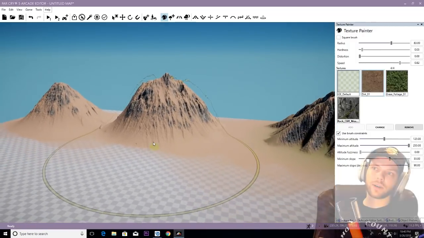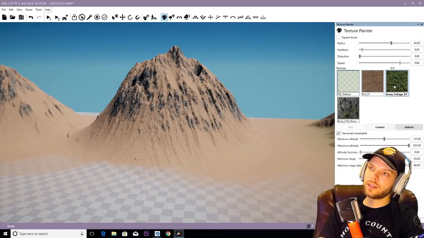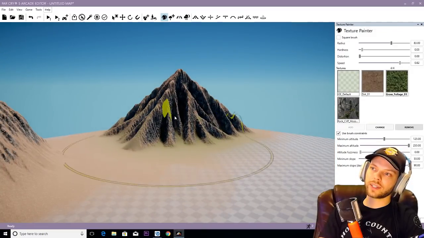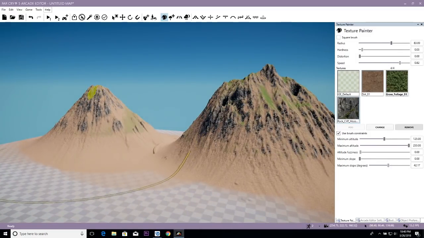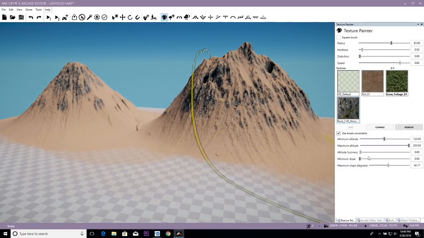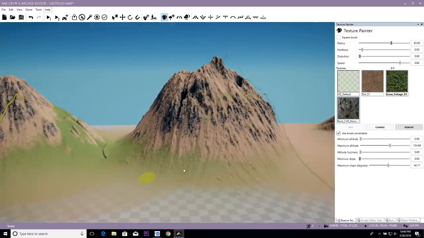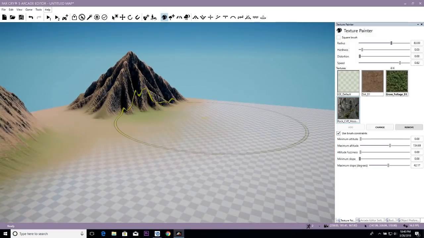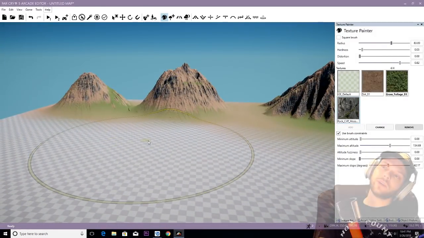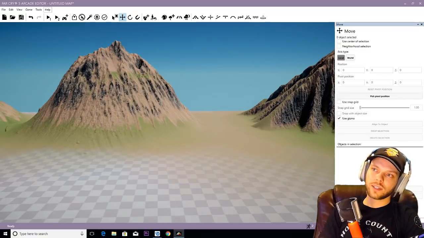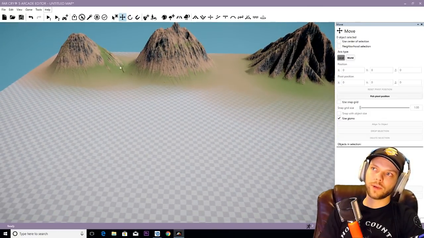Alright, now we got the base rocky bits on those, and these ones might be a bit more grassy because this one's just kind of like a top of a mountain looking thing. Okay, there we go. Now we have our basic mountains for terrain work. And so I'll just kind of do the same thing, create a few more mountains around the outside and try